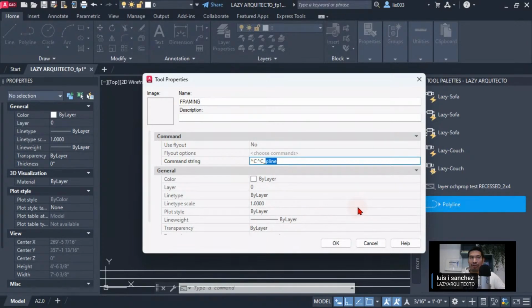What we can do is remove this because we don't need it, but we need a ^C^C because that's a way to let AutoCAD know that we are canceling or stopping any command that is currently being used. We want to do that to avoid conflicts. So let's keep the ^C^C over there. And what we can do is start adding some basic commands in this command string, so that way we can quickly add our